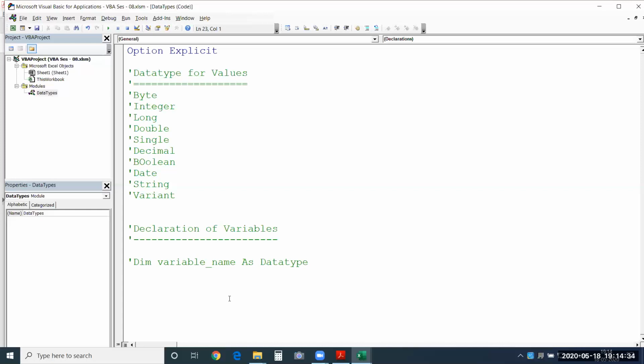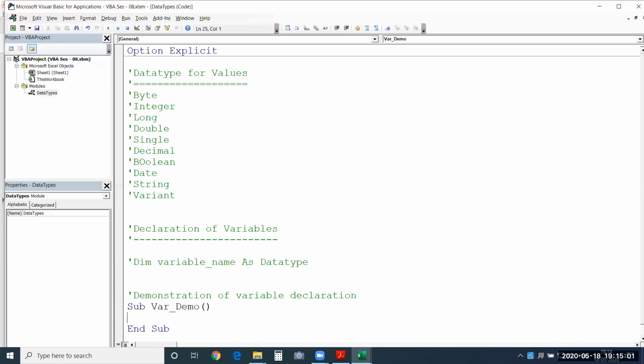Now let me show you an example. A demonstration of variable declaration. I'll say sub. We begin a macro. So within the macro, I'm trying to declare a variable. We'll just say var temp, something like this.